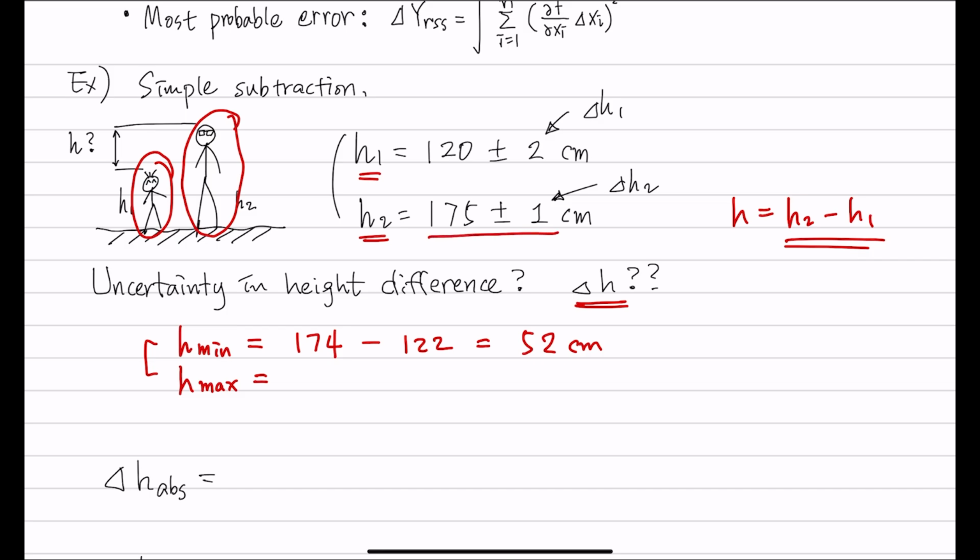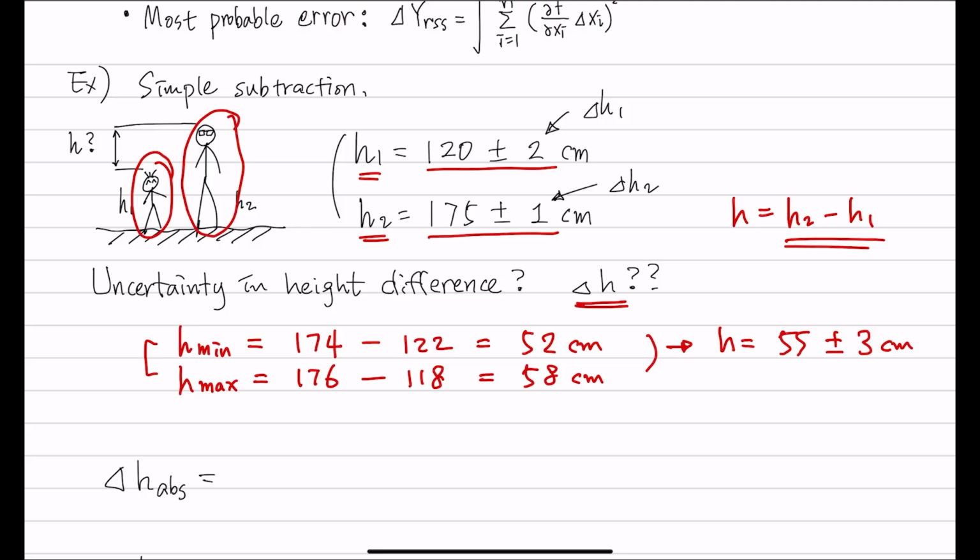This one I have the max value, and this one I have the min value. We can have the max value of this is 58, right? Then from here we can think h is going to be around, like, the center value here is 55 plus and minus 3